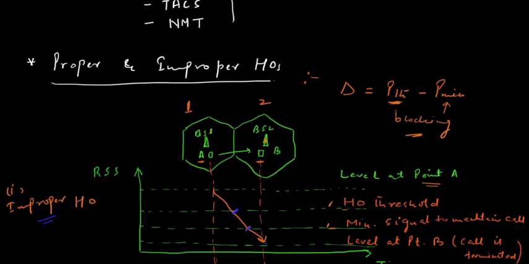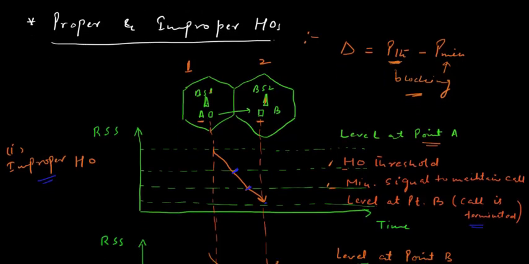In the first generation analog cellular systems, the signal strength measurements were made by the base stations, and that was supervised by the MSC. So those were considered to be network assisted or network based handoff, whereas from the second generation onwards, they are considered to be mobile assisted handoff.